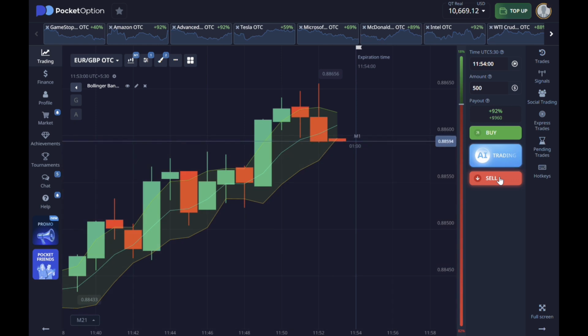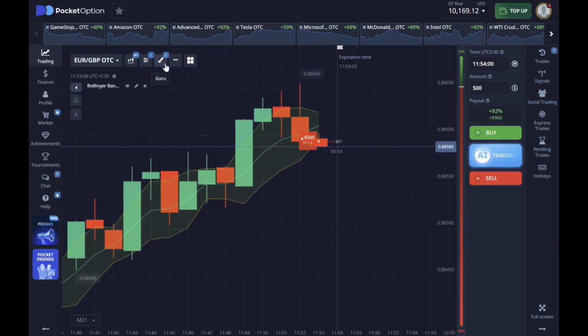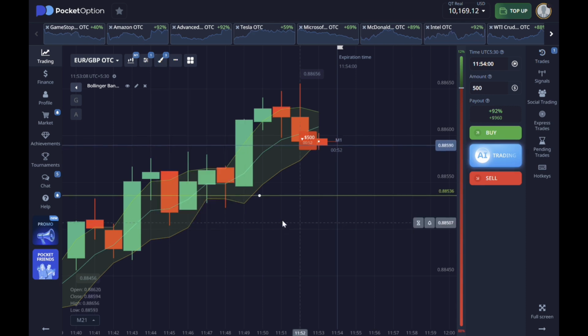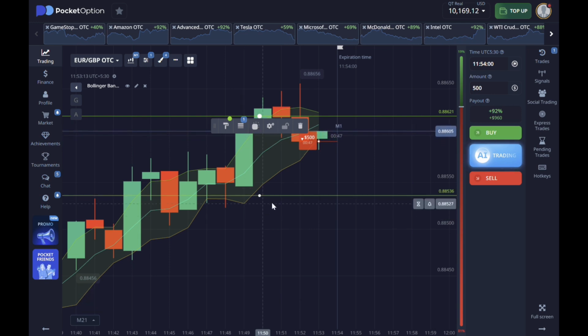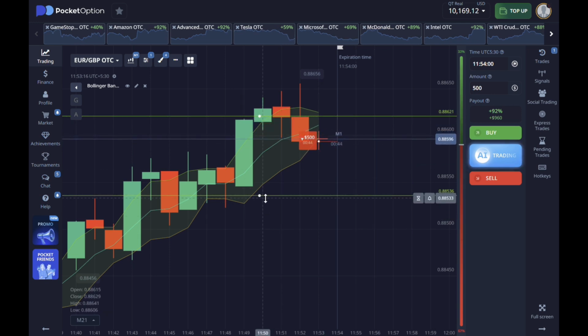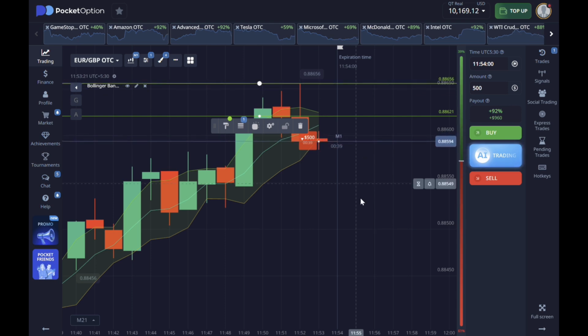Okay guys, look here, the market has moved in a downward direction. That's why I placed a trade in the downward direction here. As I told you, the middle line represents the price action. Based on that, you can tell whether there are more sellers or more buyers here. Their quantity is higher. So accordingly, by using the Bollinger Bands, we can practice at the right spot, but